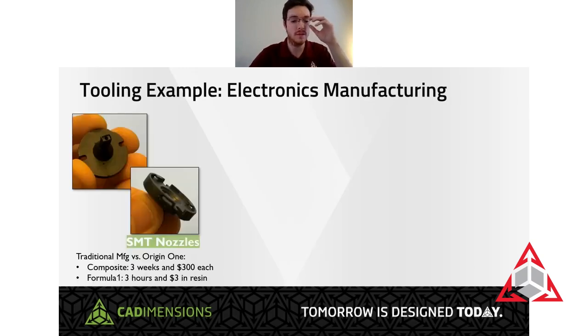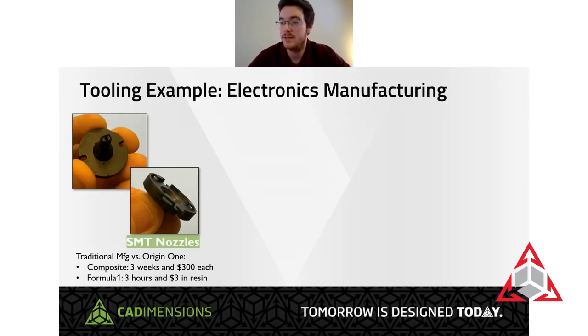So first, we have these surface mounting nozzles to mount components onto a circuit board. This is showing you the traditional manufacturing time and cost versus the Origin 1, which is a DLP printer from Stratasys. It uses a material called Formula 1, having nothing to do with the sport. So you can see with this SMT nozzle,